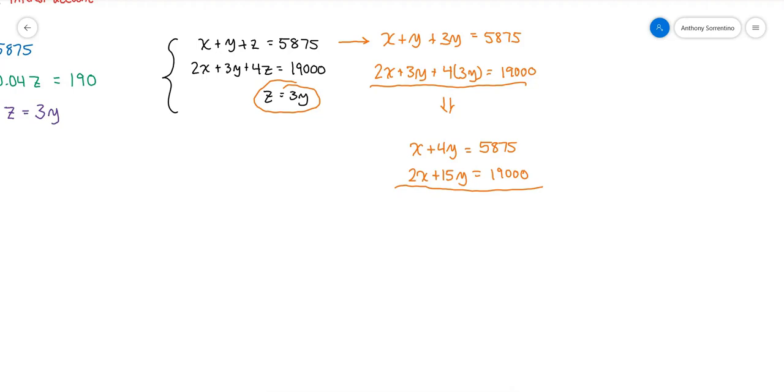And I could do that simply by multiplying the top equation on both sides by -2, because that would make the top a -2x, the bottom would have a positive 2x. When I add them together, they would cancel out. And so my system would become -2x minus 8y equals -11,750. The bottom equation was untouched